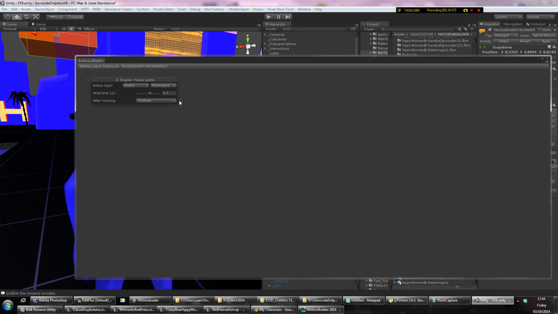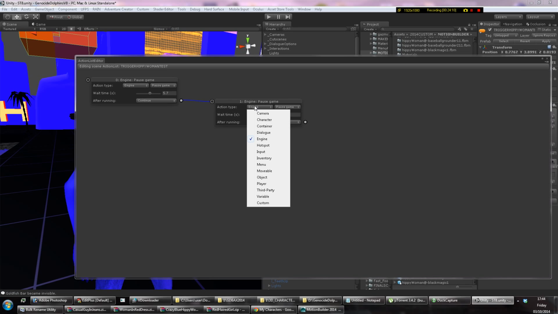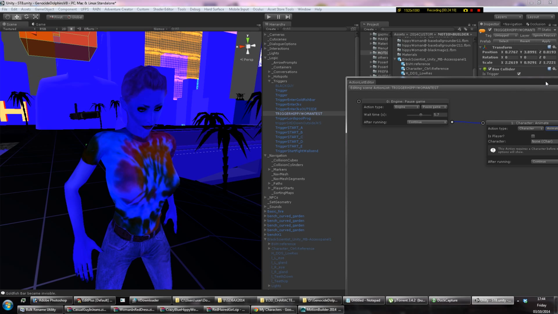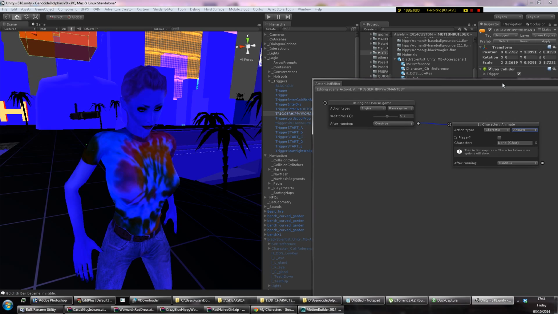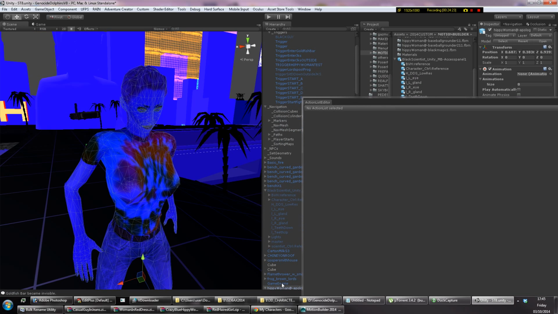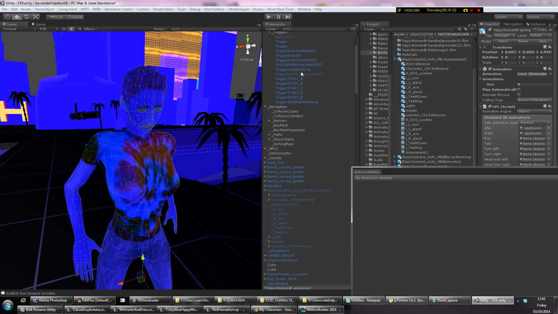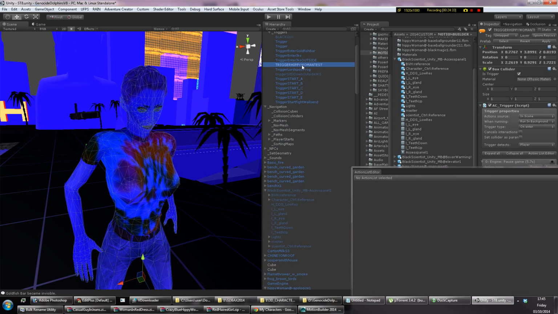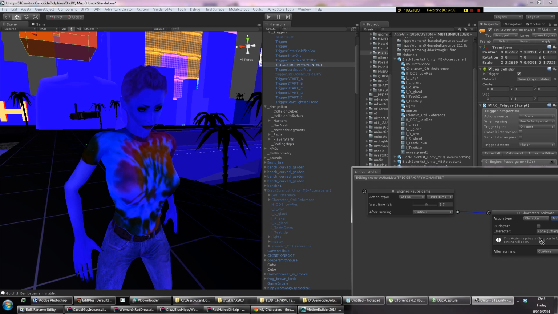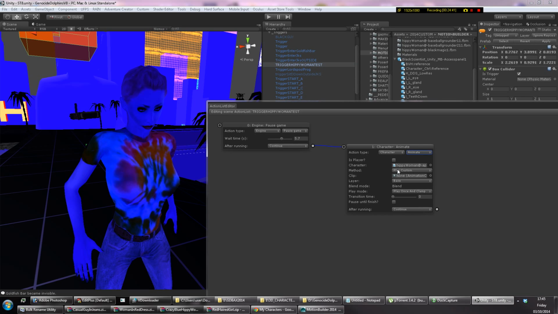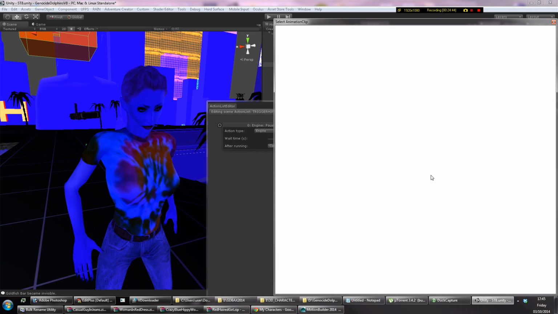This is great. So now I'm going to right click, add new action, character, animate. Now, as the character, I'm going to click on her and drag her in. Oops. Oh, I've got to go back to the trigger. Alright. Drag her in. So character, animate, play custom, and one of her other animations would have been